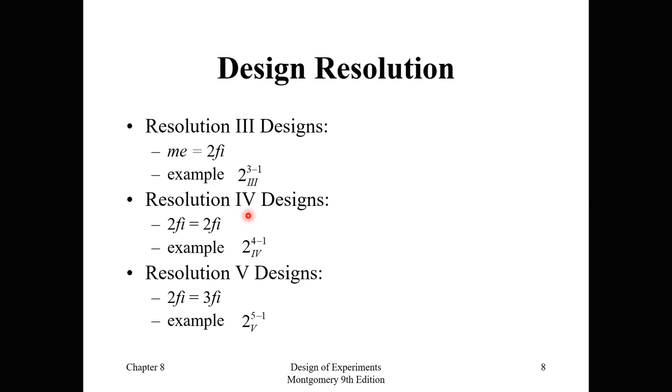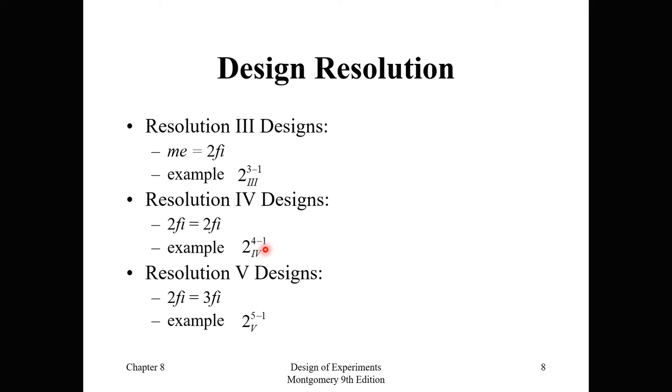A resolution 4 design says that the fewest letters that I have is 4 letters, and in this case, that would be a two-factor interaction with a two-factor interaction, or a main effect, an ME with a three-factor interaction, 1 letter, 3 letters. Both of those give me a resolution 4 design. So if this is the least amount of letters in an aliasing structure, then that's a resolution 4 design,